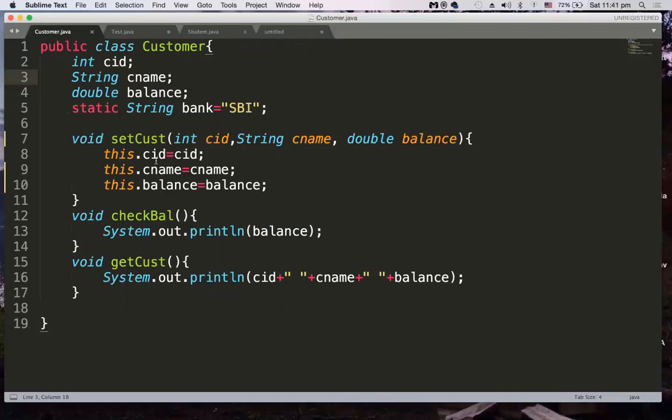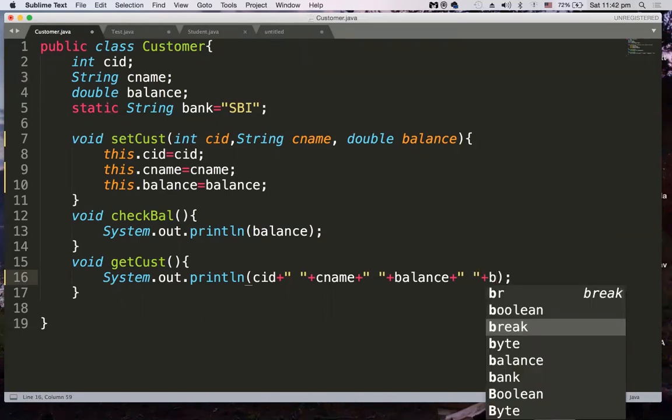This dot CID refers to the current object's CID. Then I have the check balance method, which prints the balance, and the get customer method, which gives me the details of CID, CNAME, and balance. Of course, here I also have the static member, so I'm printing that particular static member as well, that is bank.